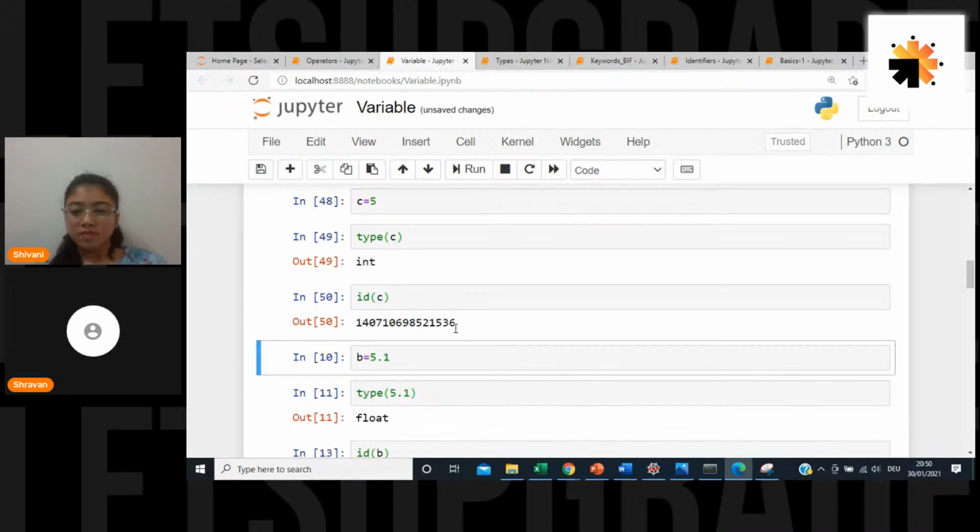Rakshit is asking what is the difference between call by reference and call by value. I think he's going for something very advanced. I don't want to answer right now because it is in the syllabus and we will be discussing it. It would unnecessarily complicate the situation right now. Your question is valid, but it takes another 5 to 10 minutes of explaining some concepts. We will be discussing by reference and by value in our lectures.